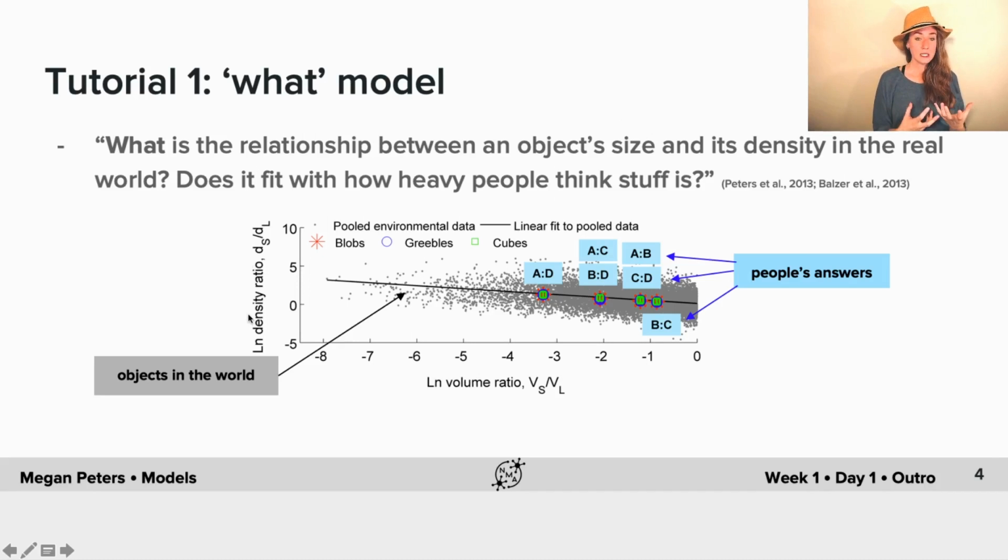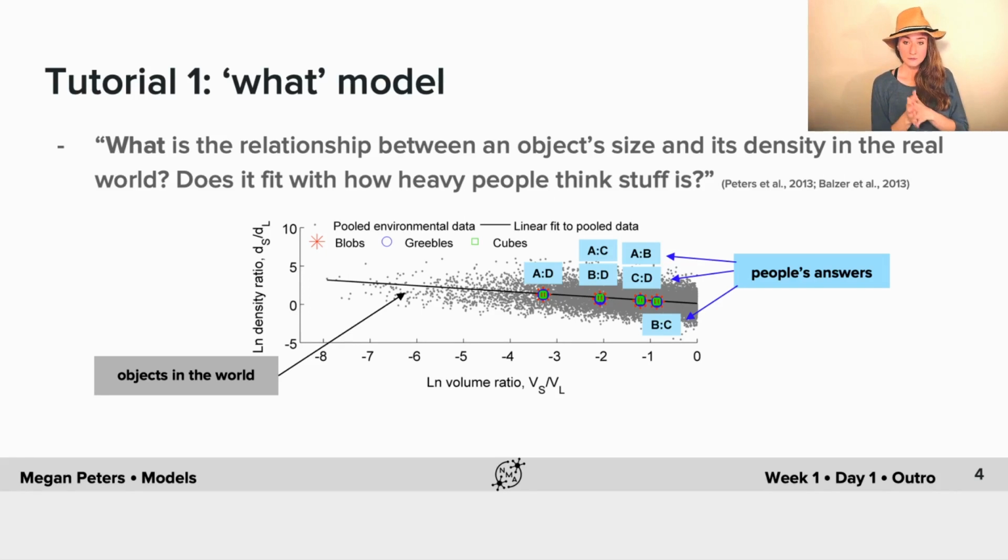So what this means really is that bigger objects are less dense, and this isn't really surprising, that smaller objects are heavier for their size than larger objects. And this really makes sense because if you want to pick up something, the bigger that it gets, if it gets too heavy because it's the same density as a super tiny object, then you're not going to be able to pick it up anymore. And so the objects that we typically pick up and manipulate in the world have this inverse relationship between volume